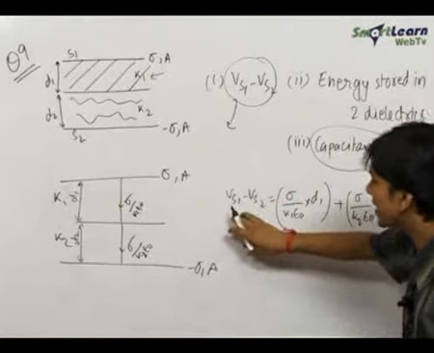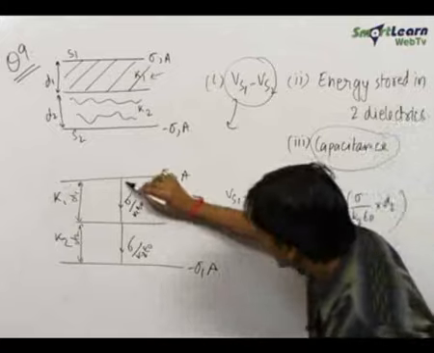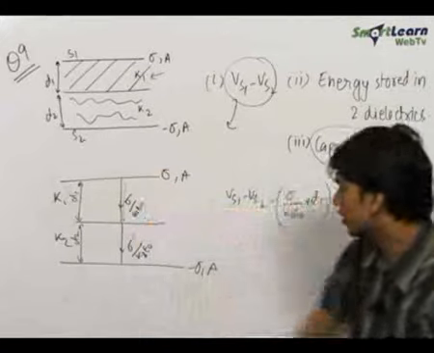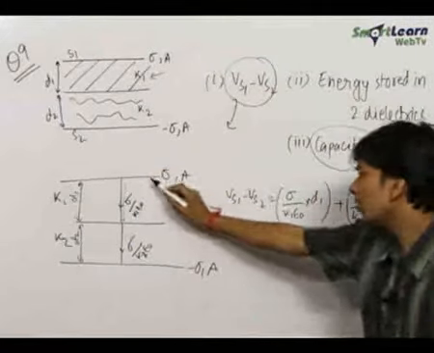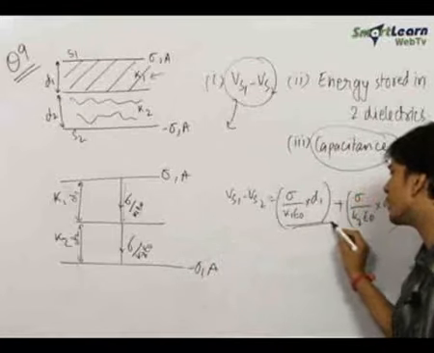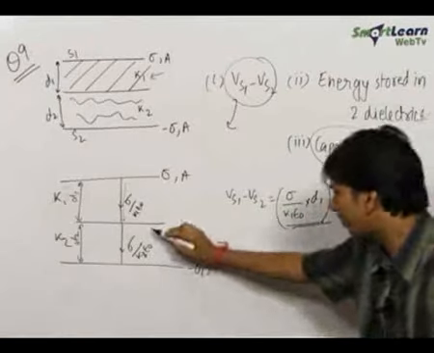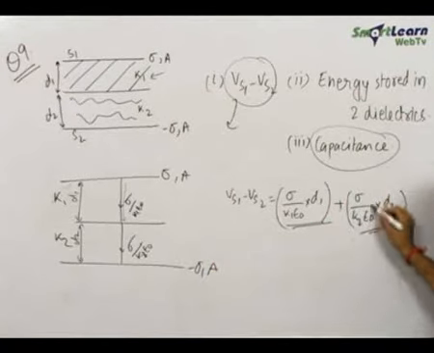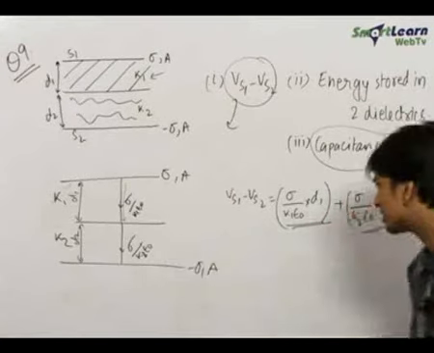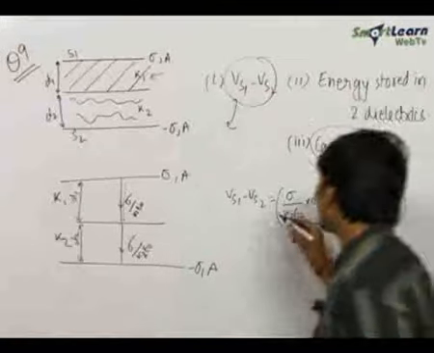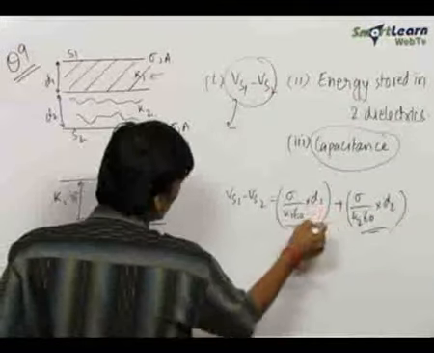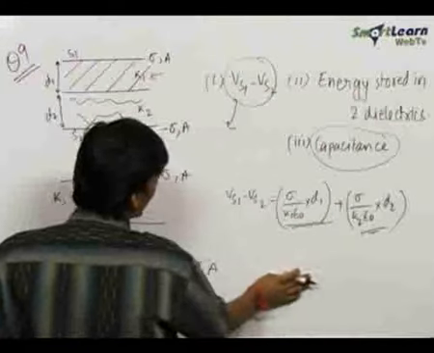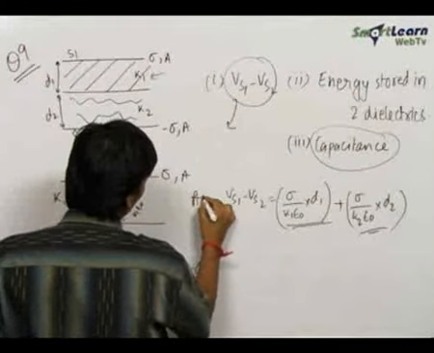This is the reduction in potential, and as we know, if we go in the direction of electric field, the potential reduces. So while going from here to here, the potential reduces by this much, that is E into d, and while going from here to here, the potential reduces by this much, that is again E into d, that is the electric field over here into the distance travelled. So we know the value of Vs1 minus Vs2 to be equal to sigma d1 upon k1 epsilon 0 plus sigma d2 upon k2 epsilon 0. This is our answer to the first part.